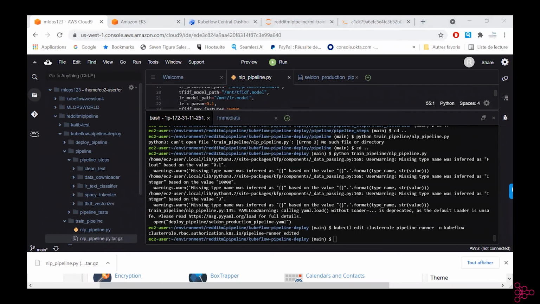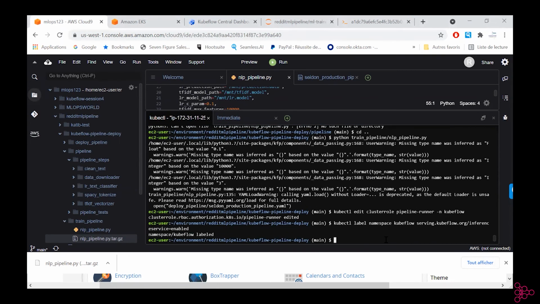And a little thing that I discovered, you can enable inference for the namespace Kubeflow. So with this, our service is able to communicate and run the inference from Seldon, because we want a microservice that can communicate outside and send and receive information.